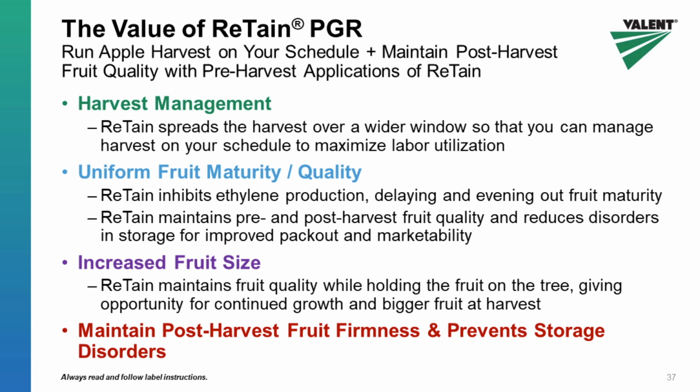We also talked about the fruit size benefits of applying Retain. In certain varieties where the fruit size could be an issue, Retain can come in handy, because at maturation or at the ripening stage, the fruit gains 1% of its weight every single day. So just by delaying the harvest or the ripening processes, that allows the fruit to grow further and achieve a